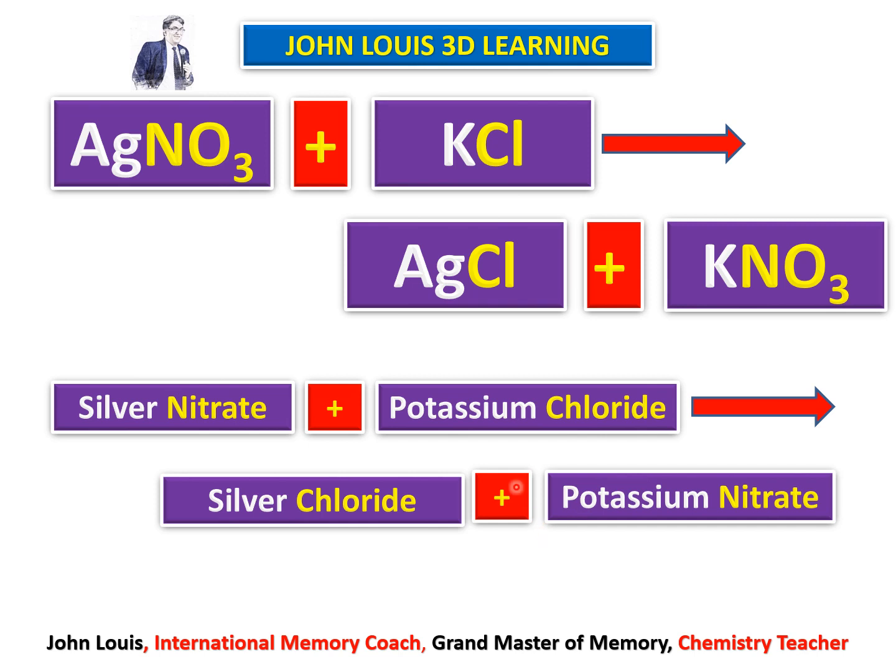Even in the next chapter, we will be learning how to identify the products ourselves. That also need not be memorized. There are methodologies to find out how the products are formed. For example, silver nitrate and potassium chloride. What product will form? You can guess easily. There are some rules for it that we will learn in the next chapter.